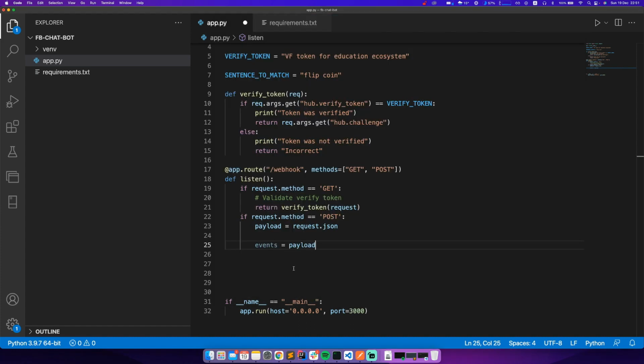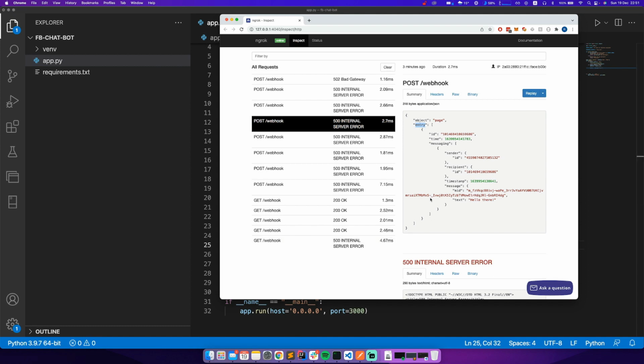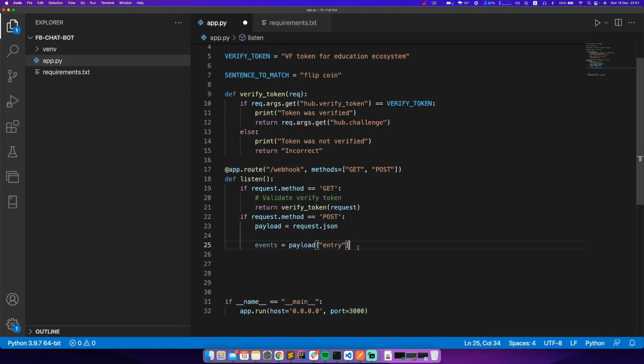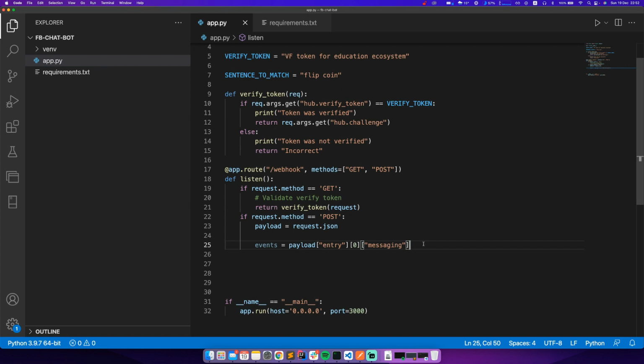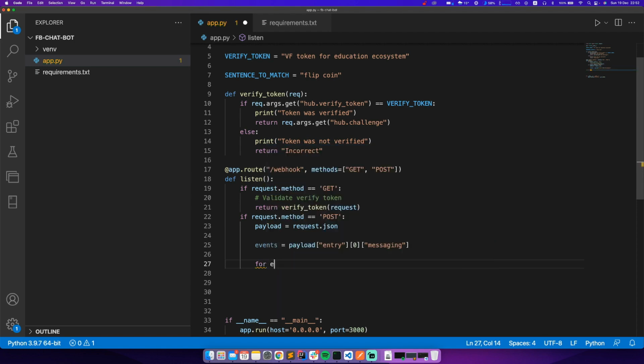And now we get the entry, so you can address entry with something like this. Now we want the item 0, right? And now we want the messaging, right? Messaging. We might receive many messaging events here. You see it's an array. So we need a for loop, just in case. For event in events,